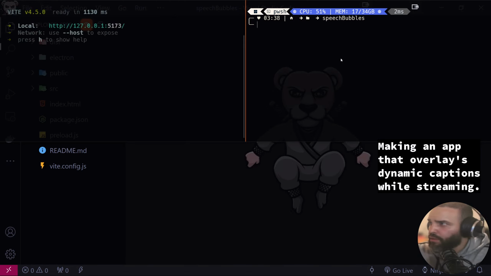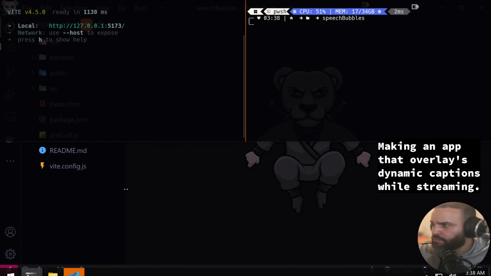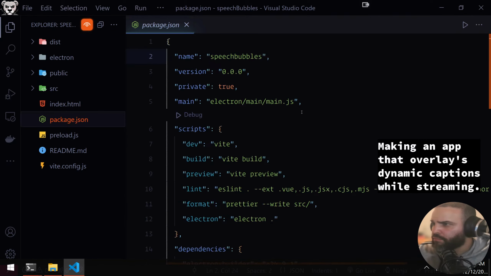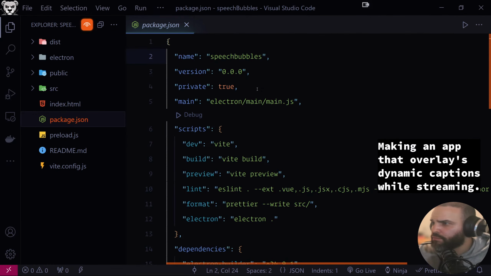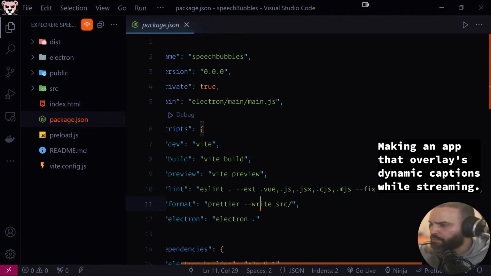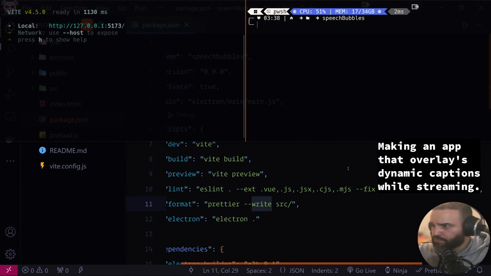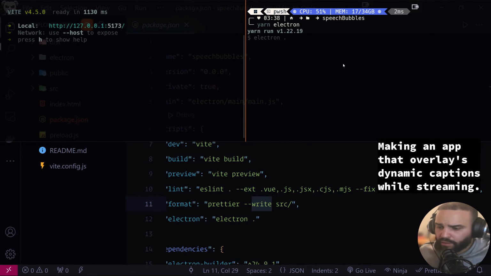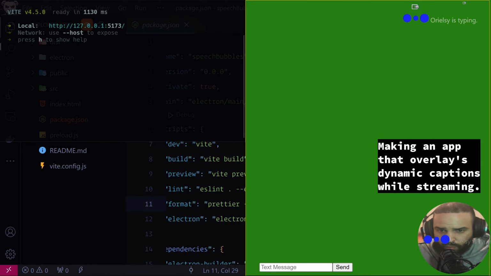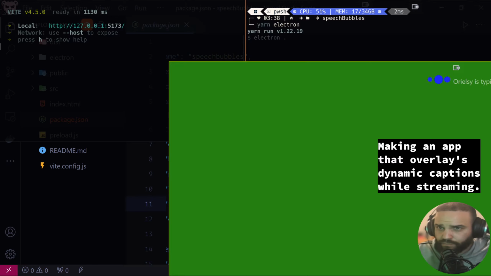Yep, and then electron, right? Yep. Right, this is gonna generate or render the electron app, and where we last left off was we had created this